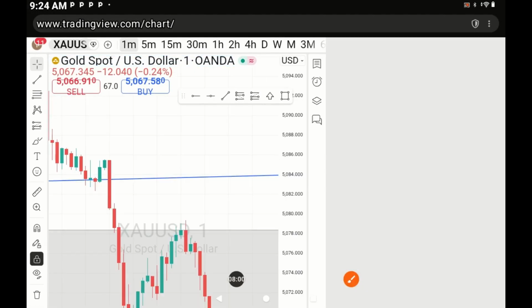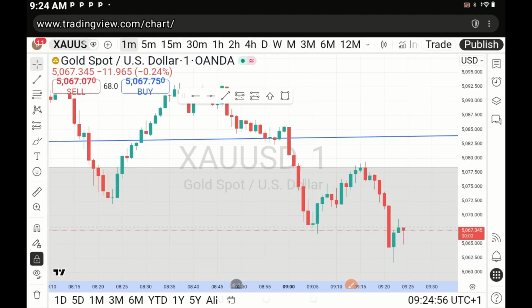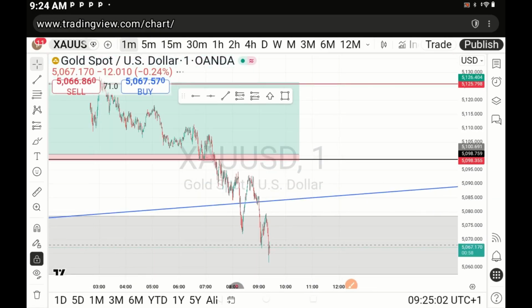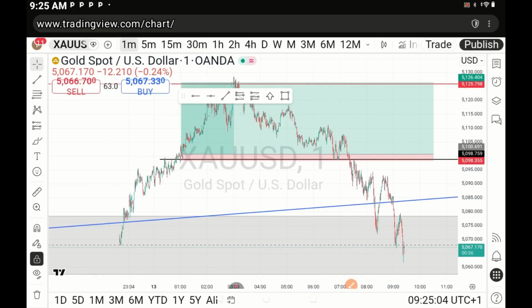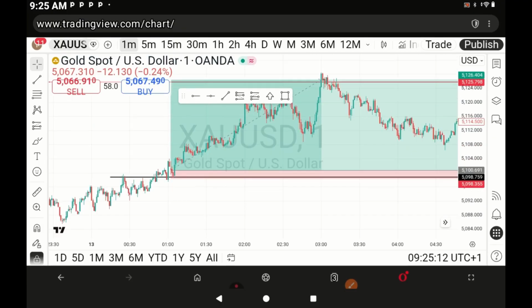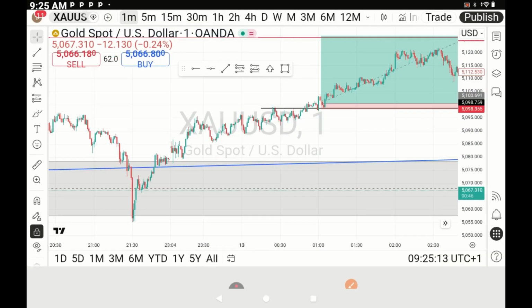All right, we are here in 1 minute. Let me try to compress this to zoom it so that we get it. All right, so I'm zooming it so that we can get it better and properly. All right, first of all,